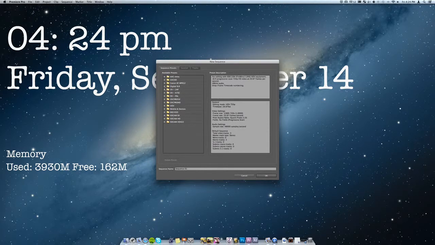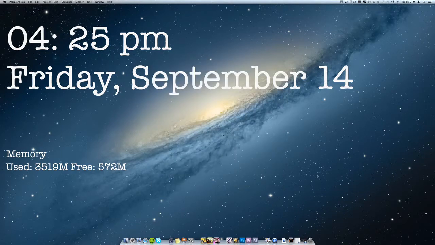Generally for myself, I nearly always use HD video and then HD 720p 30 frames a second, so that's what these numbers represent. I could use 1080p. I do have a 1080p camera, but most of the work I do is for YouTube, and 720p is just a lot quicker and it makes the whole workflow quite a bit easier. So I've got HD video, 720p, 30 frames a second, and we can give our sequence a name. Usually, to be honest, I leave it at Sequence 01, and then I'm going to hit OK.